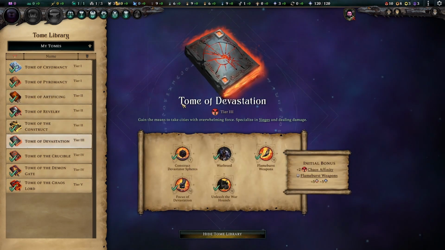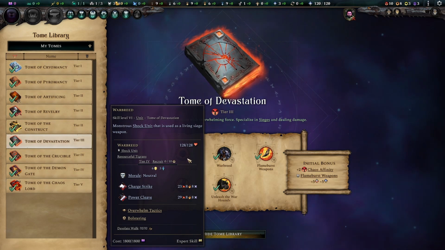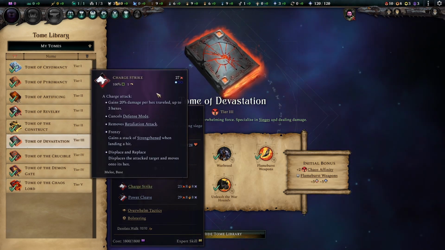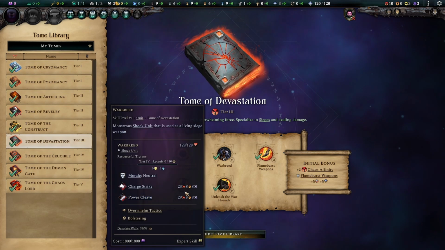Our first tier 3 tome will be the Tome of Devastation. This will give us the ability to build Warbreeds. These are a very strong shock unit. These are going to be the core of the army. They have a charge strike like any other charge unit. They also have Power Cleave, and this will attack all units in a 1 hex cone, and it's also slightly